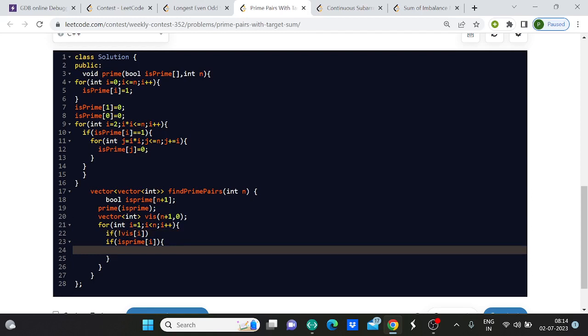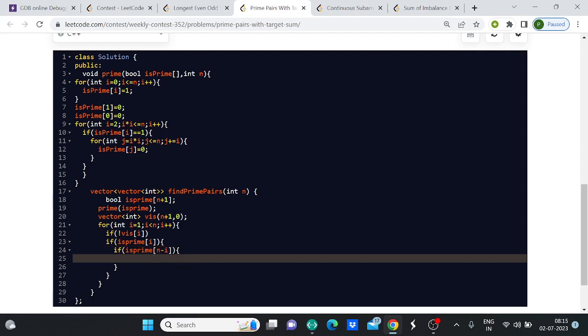And check if n minus i is prime. If both are prime and i is not visited, that means simply